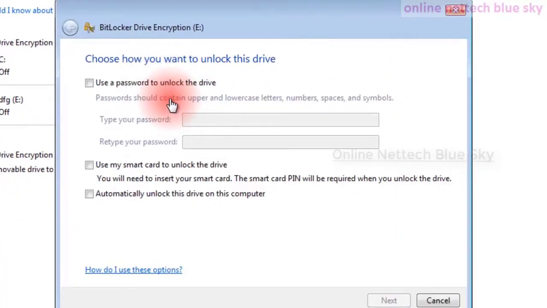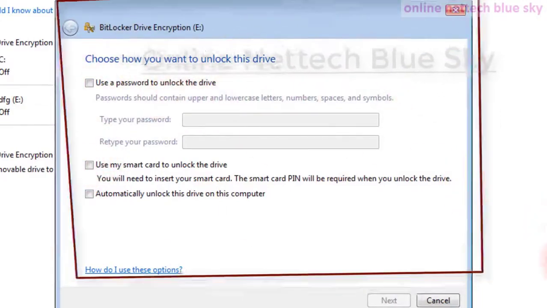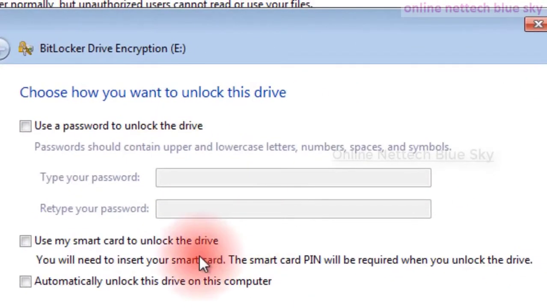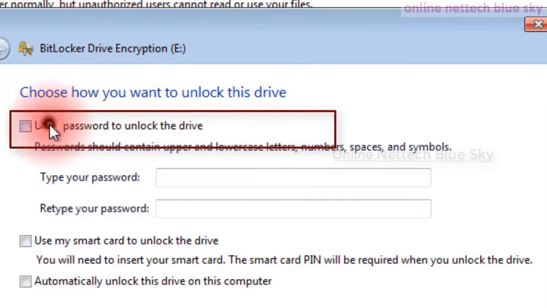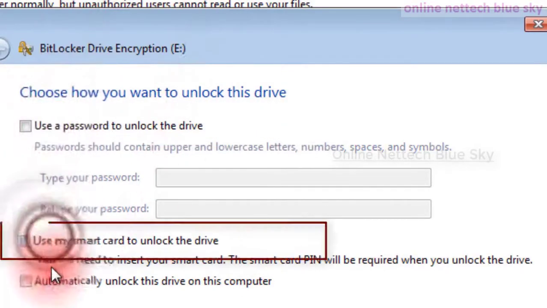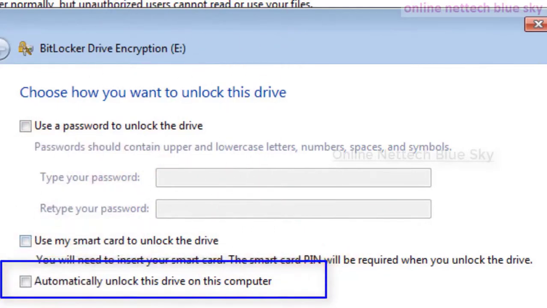First you see a window that shows your password security. There are three options. First, use a password to unlock the drive. Second, use a smart card. Third, automatically unlock on this computer.